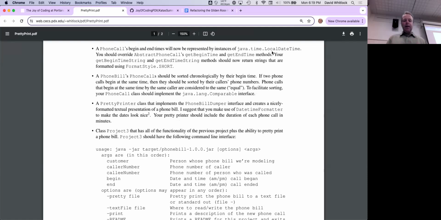So you'll be using that class to represent dates instead of just strings. And I'd like you to change the implementation of getBeginTimeString and getEndTimeString to use the format method of LocalDateTime to format the begin time and the end time, using the short format style.